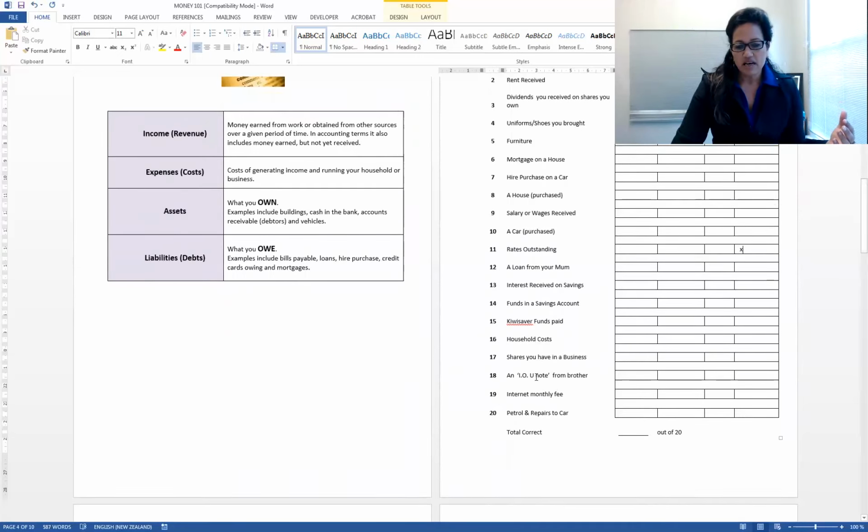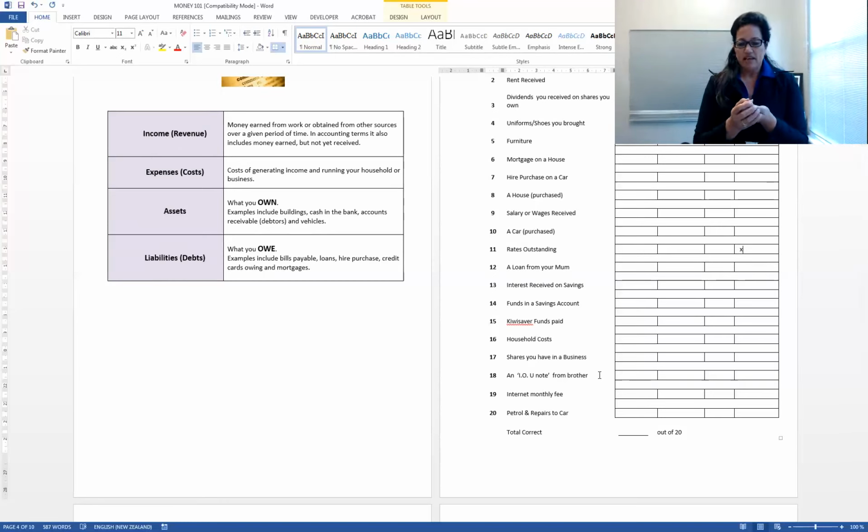some of this, number 18, IOU note from brother. Now that's an interesting one, because most of us would think, well, what does that mean? In whose perspective? It's a little bit confusing, all that written out like that. So this one in itself, you go, well, I get an IOU note from my brother. So what does that mean? That means that he actually